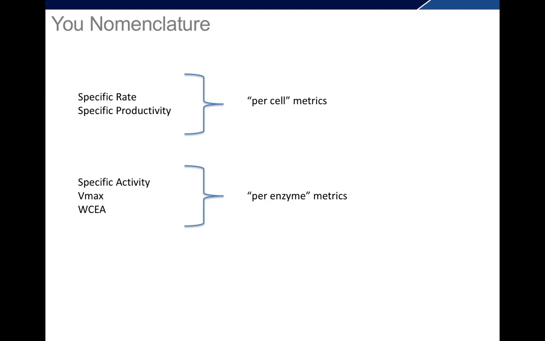Now, the nomenclature can get really confusing, and some people find this lecture difficult because they switch the nomenclature around. So just to be really clear, the specific rate or the specific productivity